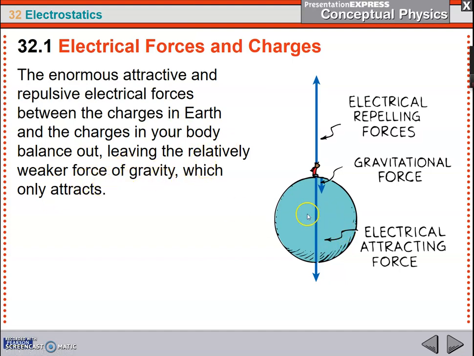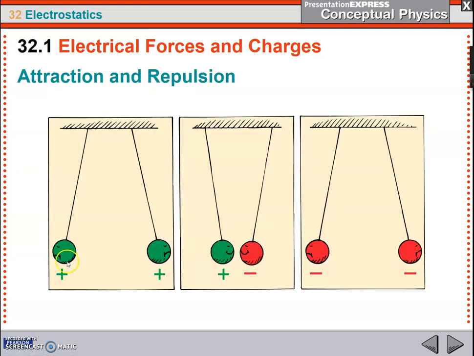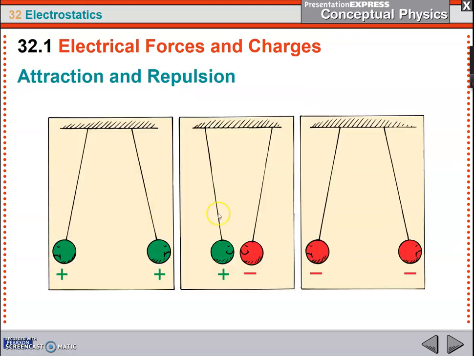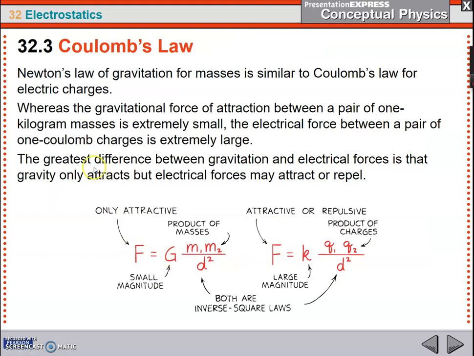Another way to look at this is that sometimes charges repel, sometimes they attract, depending on whether they are the same or opposite. But gravity always attracts. There's no such thing as anti-mass that's going to push you away. So as soon as you start getting more and more mass, you get more and more gravity. That's not always the case with charges, because if you have a positive charge and then you get more positive charge, they're going to push apart. But if you also get negative charge, they're going to pull together, and you can make them cancel out.